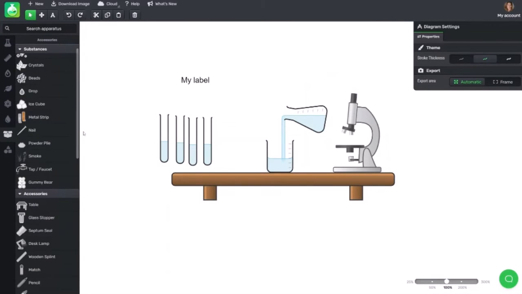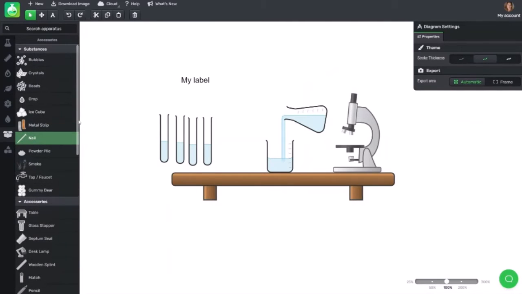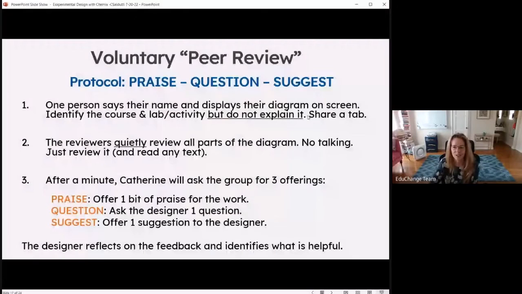Accessories will have things like crystals, beads, drops, bubbles, if you want to put bubbles and things. Okay, one thing I want to bring your attention to